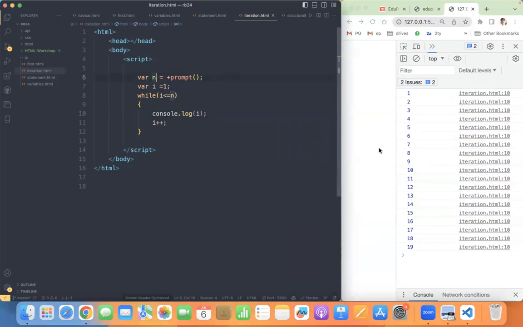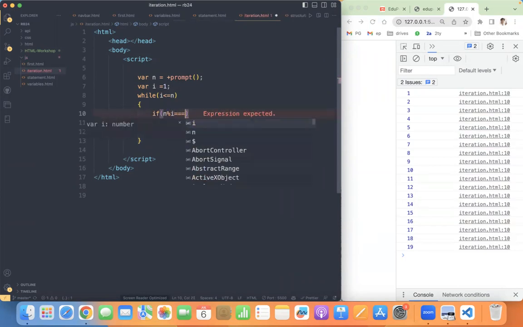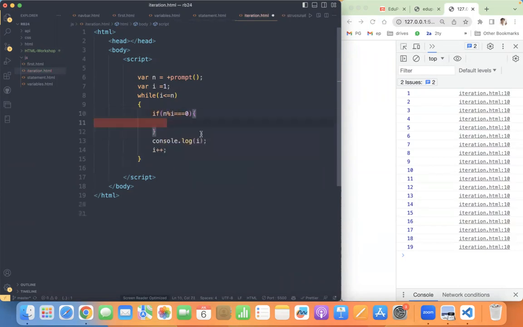So for the given number, I want to find out the factors. So from 1 to n, I keep on dividing what number? n. So if the remainder is 0, then I will print. If n modulus i is equal to 0, only then I will print the